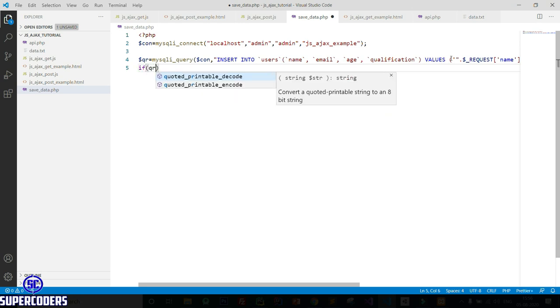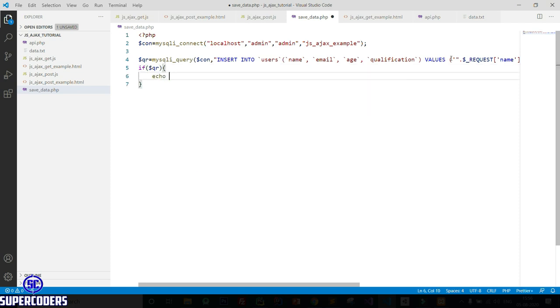If $qr, echo inserted, else error in saving user. Now save it.